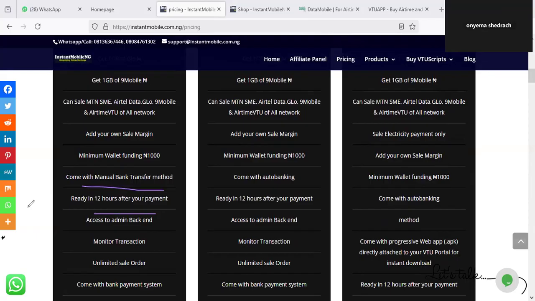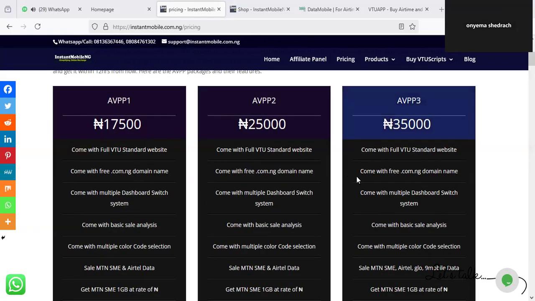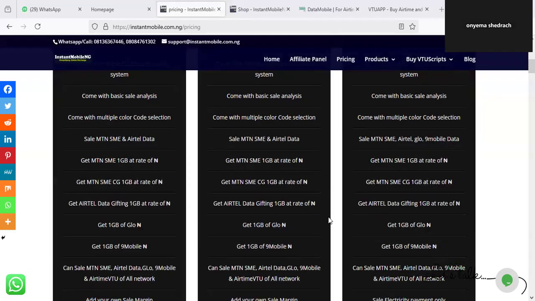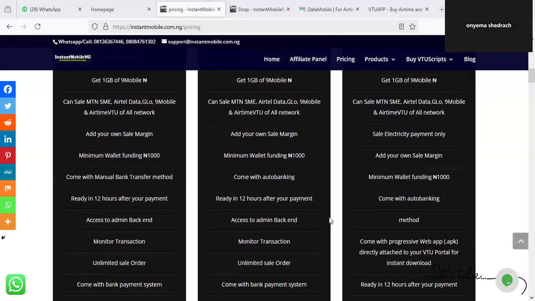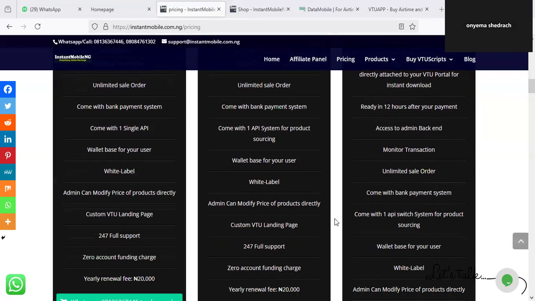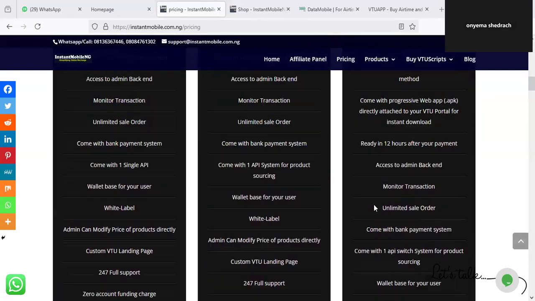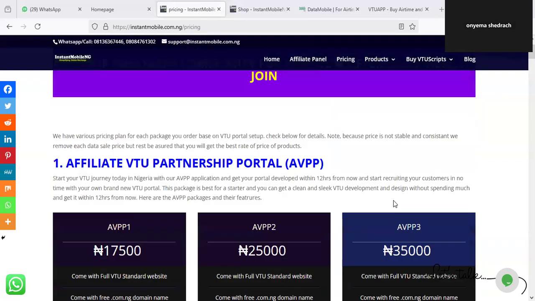So what it means is that people cannot pay using a virtual account. But if you are going for this particular package, the package which I'm going to show you right now, you are going to enjoy a virtual account. If you want a situation where people can pay using auto funding, then you should go for this last package, which is